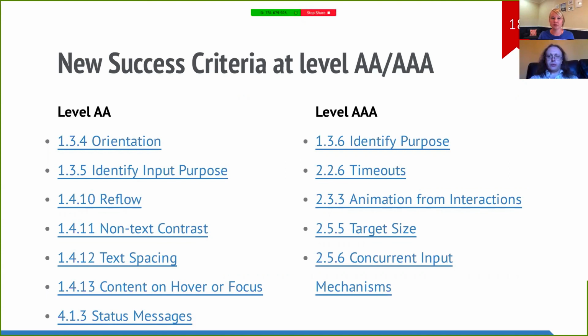So WCAG 2.0 is still a thing that you can say we conform to, or our conformance target is WCAG 2.0 level A. I think at this point it's worth saying I'm not a lawyer. More worth saying I'm a developer, which means I'm not a compliance officer.